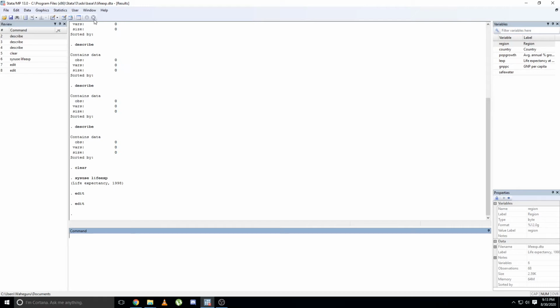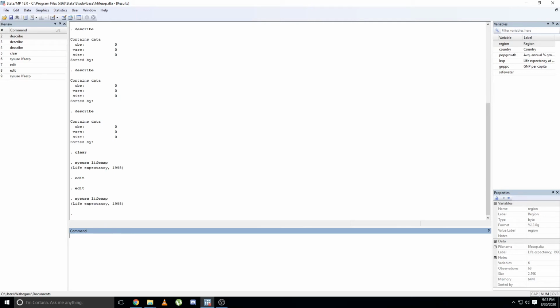Fortunately, Stata has many open source datasets for students to download and explore. To download a dataset from Stata, you must be connected to the internet. First, if you have internet on your computer, you might type this command: sysuse life expectancy.